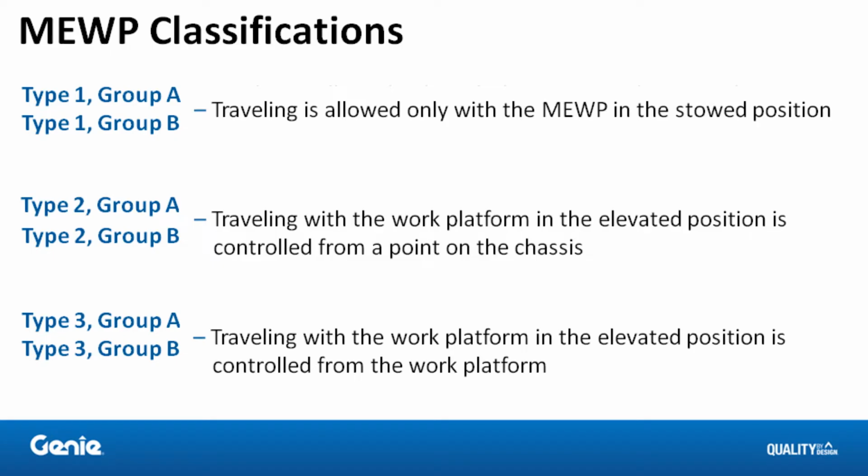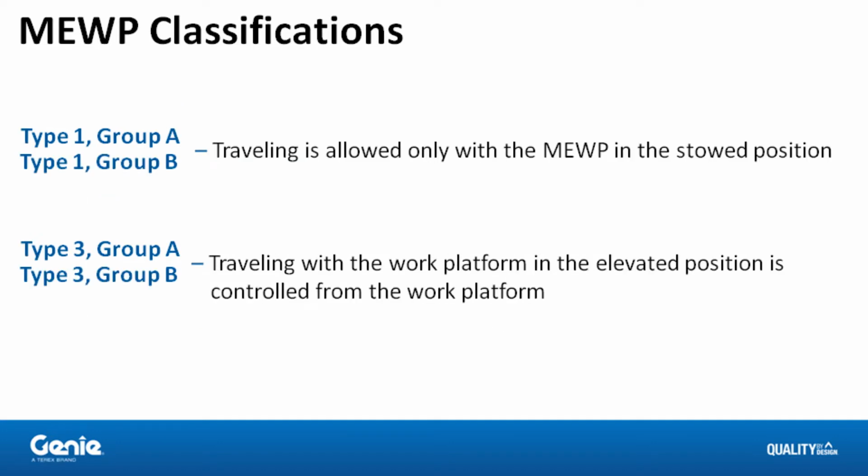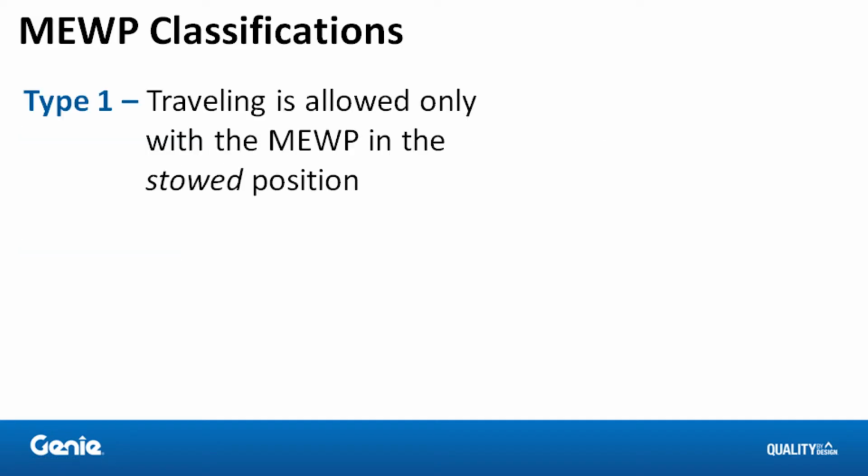There are 6 classifications of MEWPs, and training is required for each classification. However, since Type 2 MEWPs are relatively uncommon, this training program will focus only on Type 1 and Type 3 machines. Beginning with Type 1 MEWPs, where traveling is allowed only with the MEWP in the stowed position,